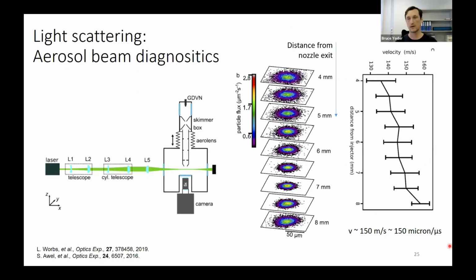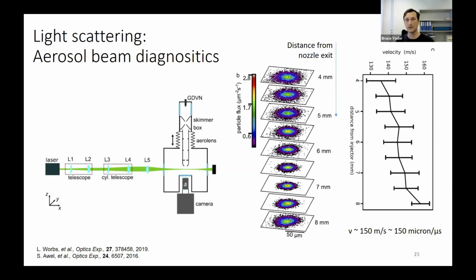So I mentioned already a couple of times the need for nanoparticle characterization that would be ideally done in situ, non-destructively. Several groups have been developing such techniques over the last years. A recent paper by Cooper and co-workers used light sheet imaging as a simple non-destructive in situ method to record transverse particle beam profiles, including absolute number densities as well as velocity of particles passing the light sheet. It's a relatively simple experimental setup shown here,